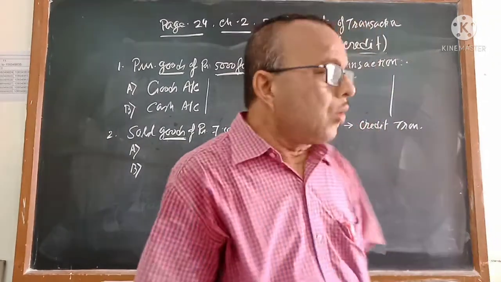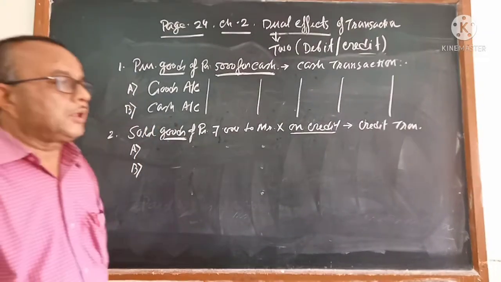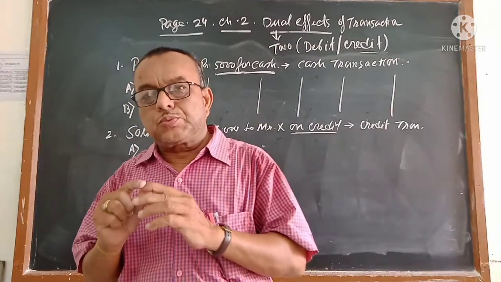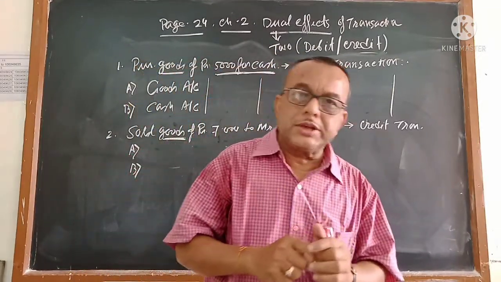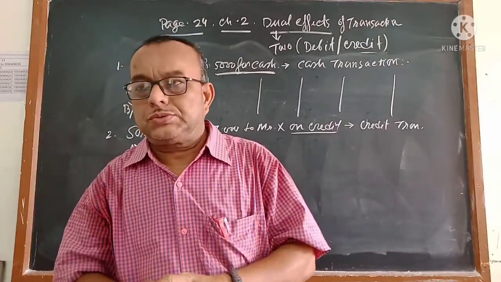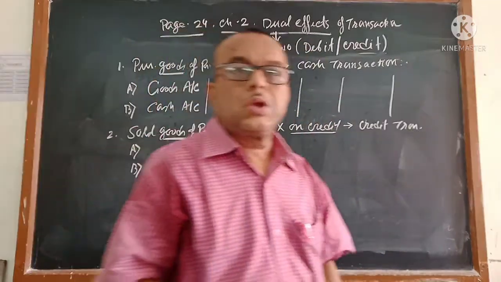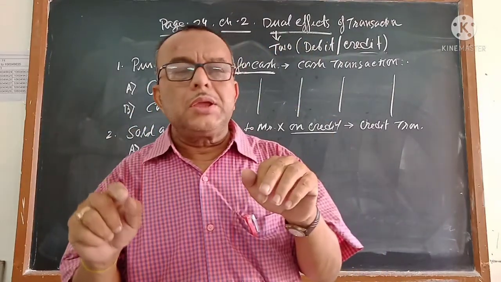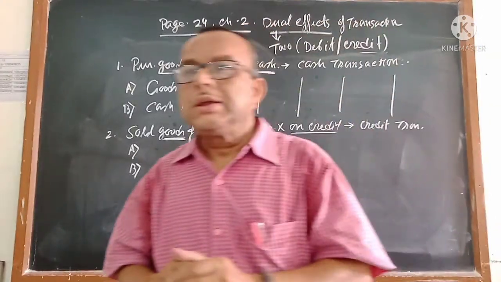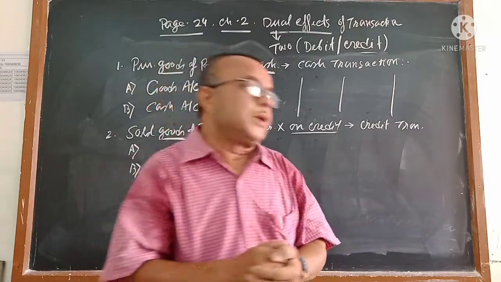Understand? Now the question is: if we are not getting the two things, what are we getting? Sometimes, whenever you do credit transactions, the person to whom you make the transaction may write on a paper that he will pay the money afterwards. How much is the cost of the goods? It is 7,000. For the time being, you will write his name in your notebook, so that if he forgets to pay the money, you can at least remind him.